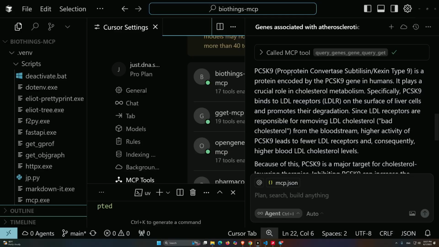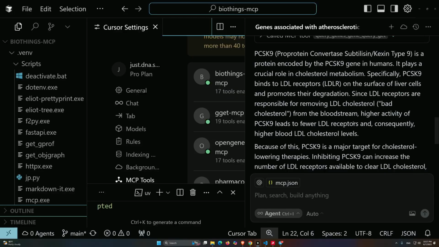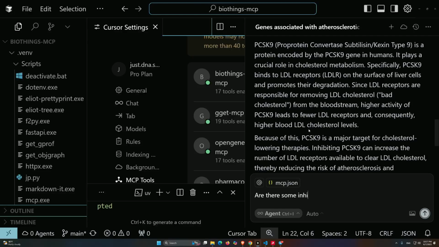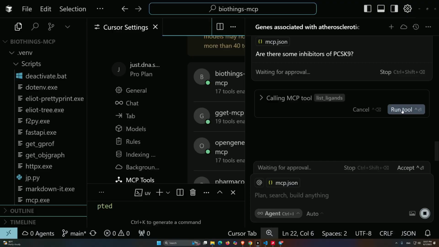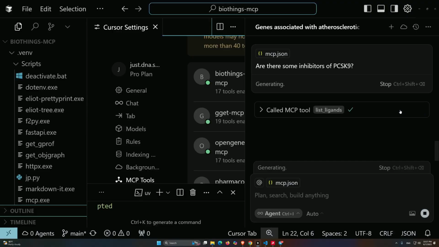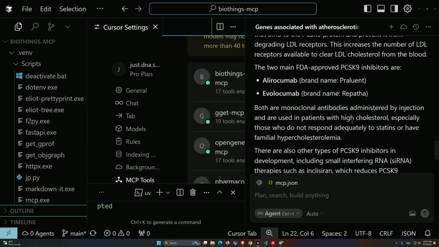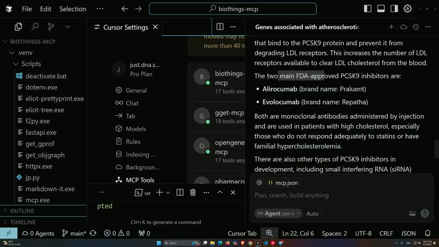So we find out this is an enzyme, and perhaps it's druggable. And we find out about some existing inhibitors of this enzyme, and in fact these are antibodies which are currently in development, or it says approved, for